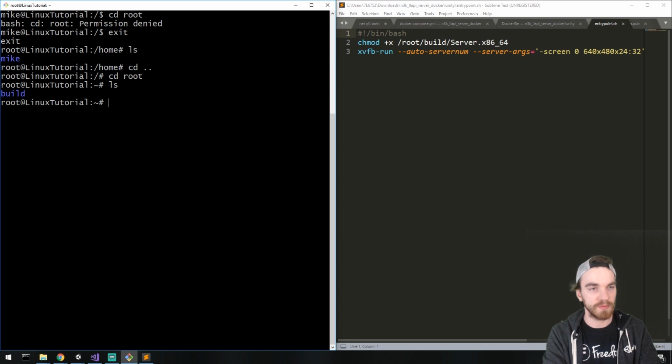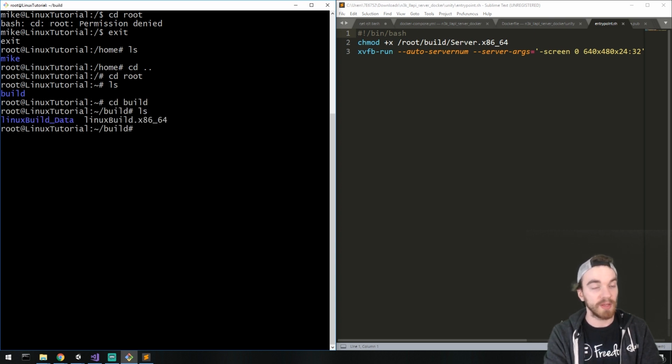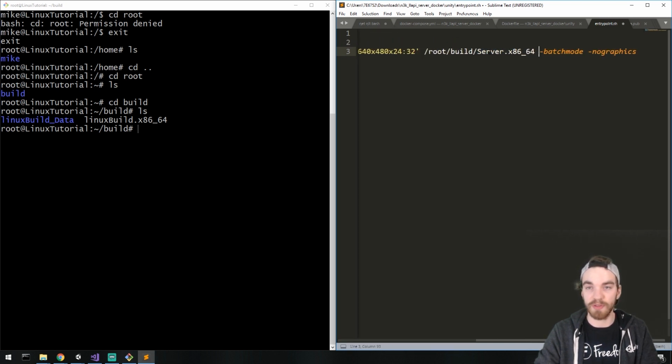cd root. Okay, then cd build. And it's called Linux build instead of server. But it's at the right path. So this is the right path for my server. I just have to change this name over here. So Linux build .86_64. I also have another thing to change a little bit further, which is exactly the same thing as the